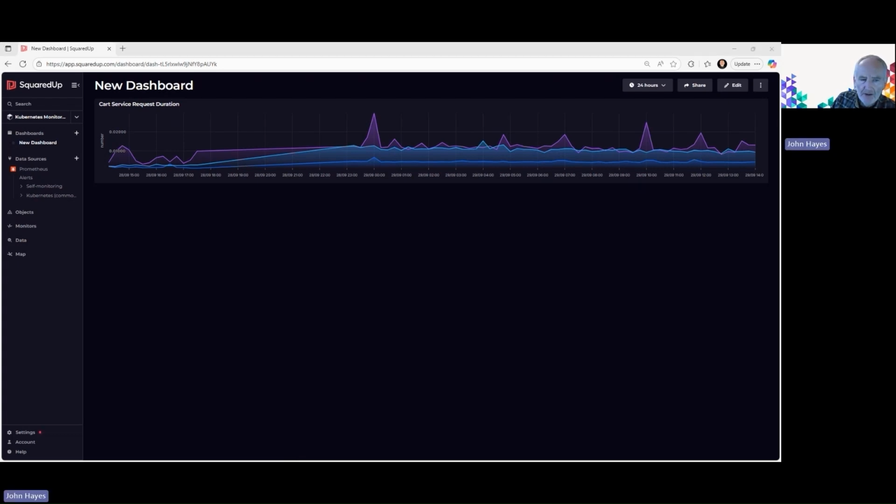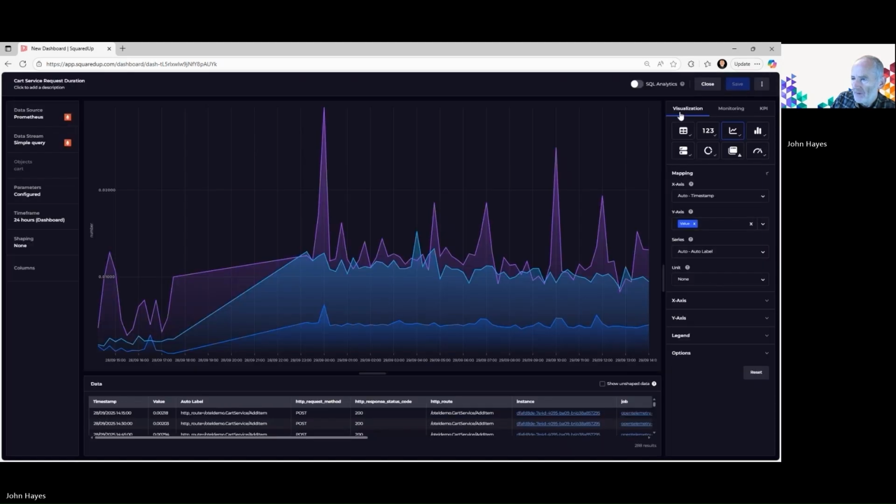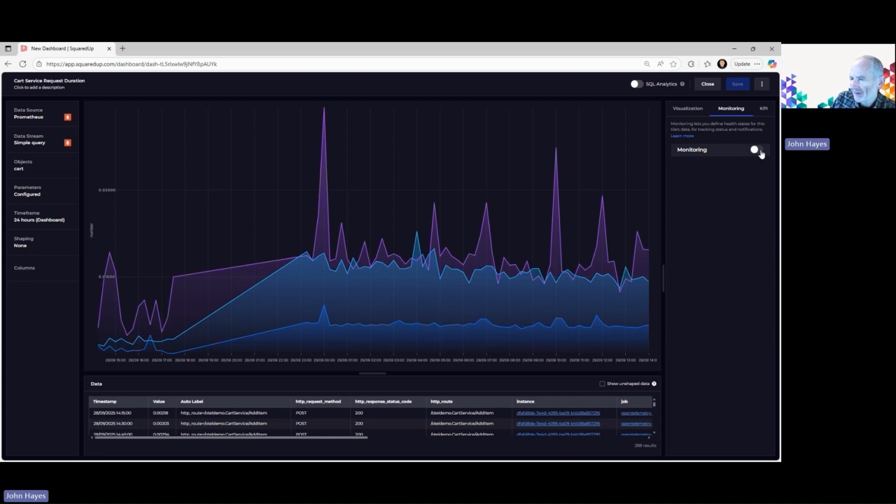So we've looked at how we can create these visualizations. What we might also want to do is look at how we can act on these insights. And in SquaredUp, one really valuable feature is monitors. So monitors are really easy to create. So if I just edit my dashboard and then edit my tile, you can see up here on this tab I've got monitoring, and if I just enable it,